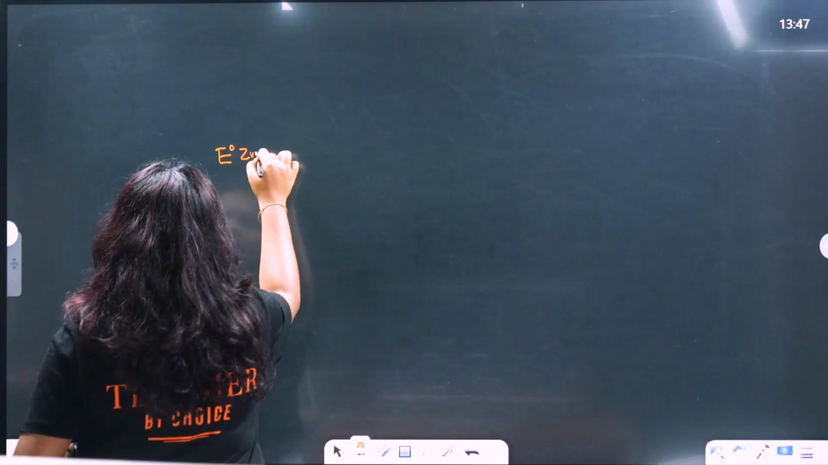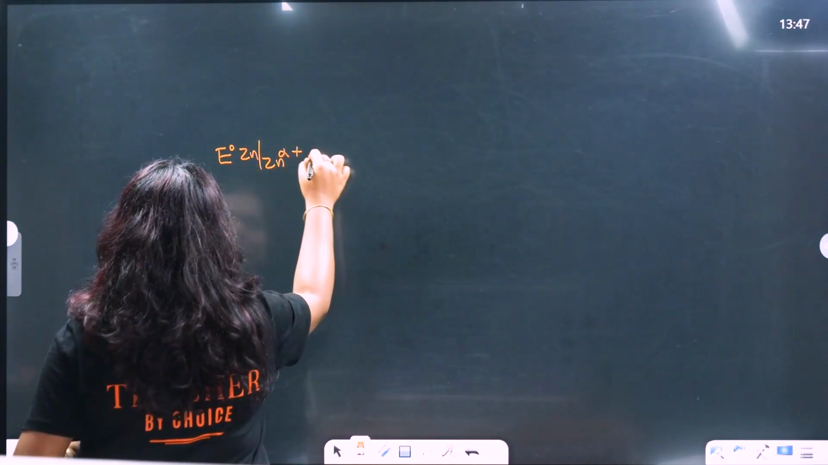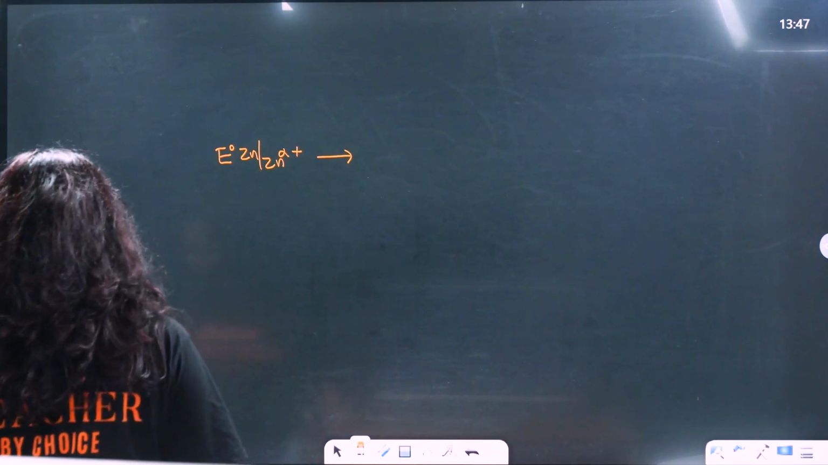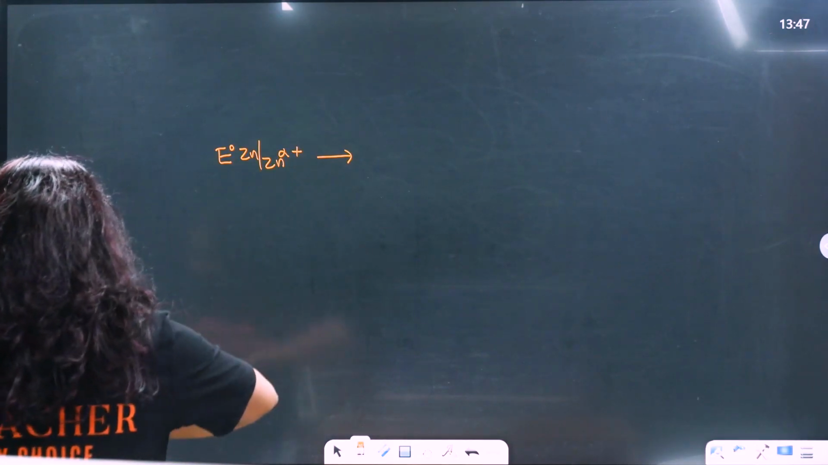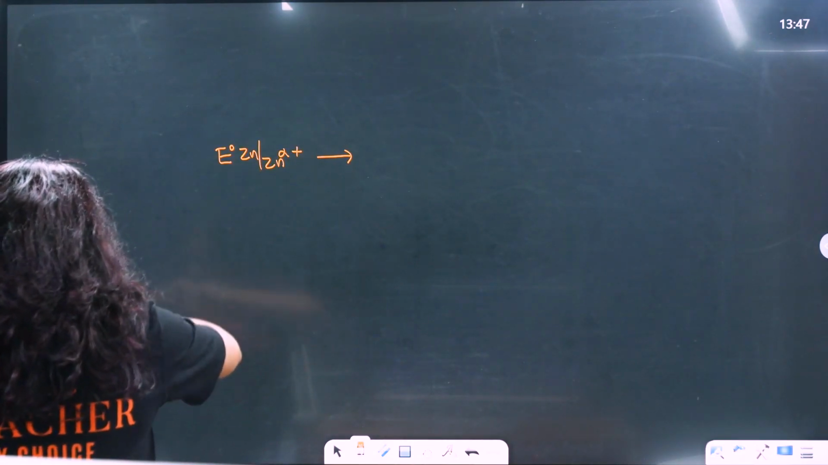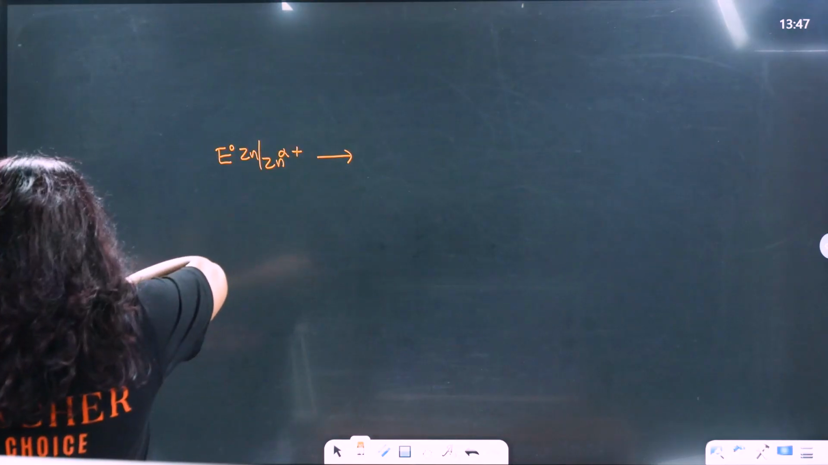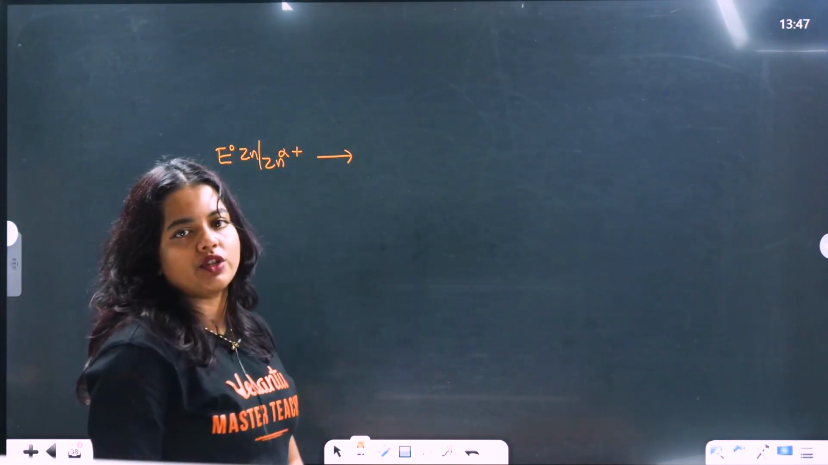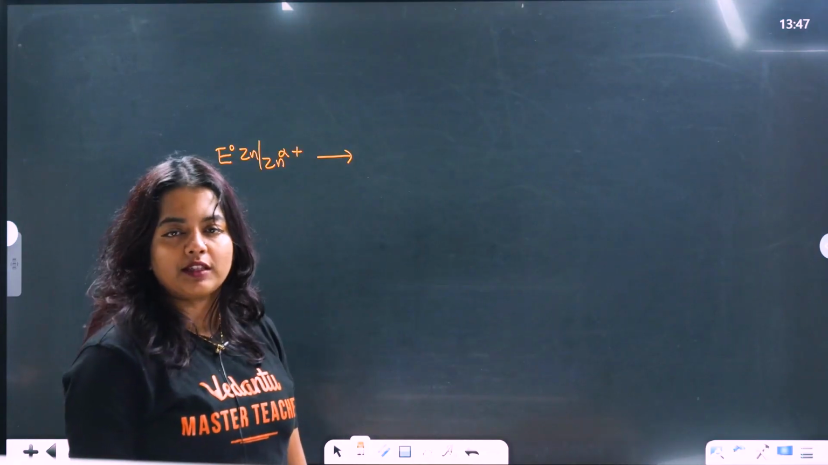E naught Zn bar Zn2 plus. So how can you find out? We know an equation, so we can use the equation here. They have given you the equation at anode and the cathode. Here we can use the equation E naught is equal to standard oxidation potential at anode plus standard reduction potential